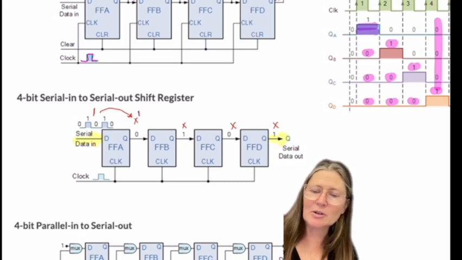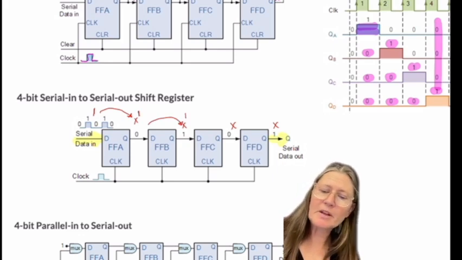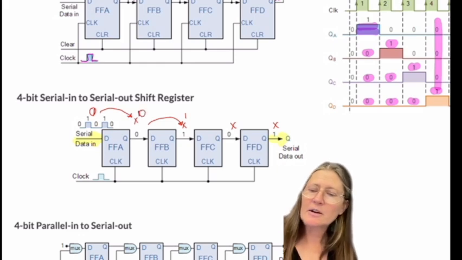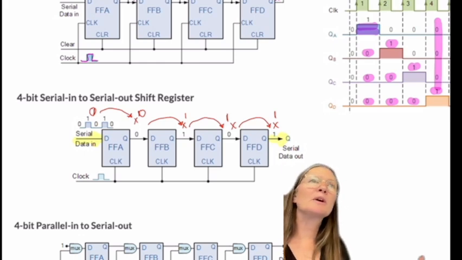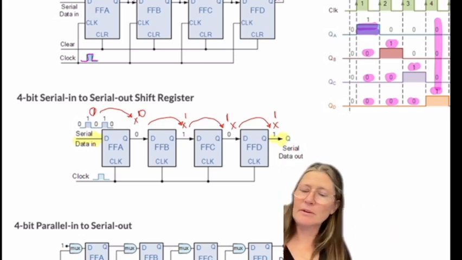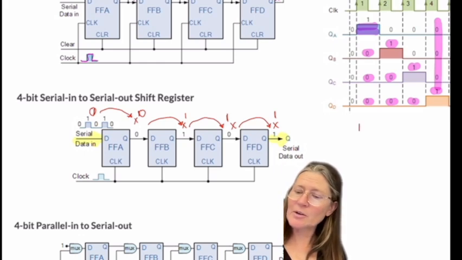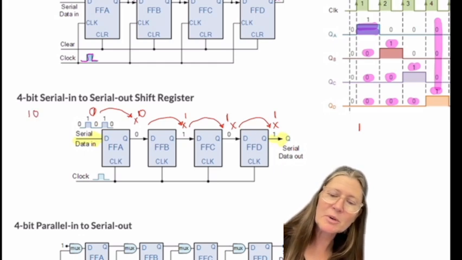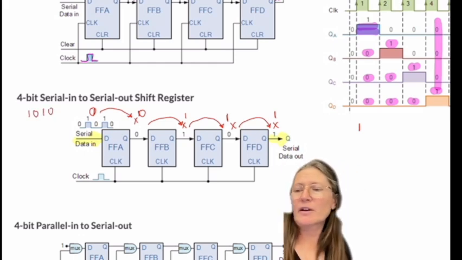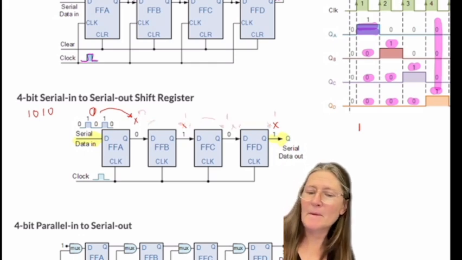That's 1 clock cycle. Second clock cycle, it gets shifted here. And then say I change that. Third clock cycle, that first bit goes here. Fourth clock cycle, it goes here. But now everything else after it has to keep coming. So fifth clock cycle, I have that 1. Go backwards. Okay, say I'm putting in 1 0 1 0. Let me go back. Okay, so first clock cycle,